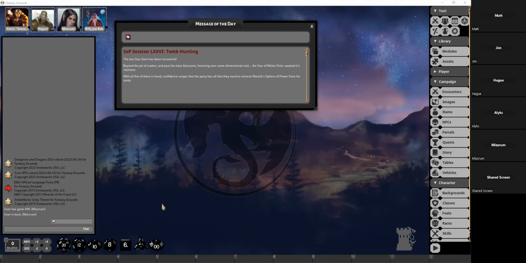But we have found the last star gem. It is only a hand's reach away across an abyssal void, and the party is contemplating what they need to do to actually get their hands on this last piece required so that they can find the Citadel of Martek and retrieve his fabled sphere of